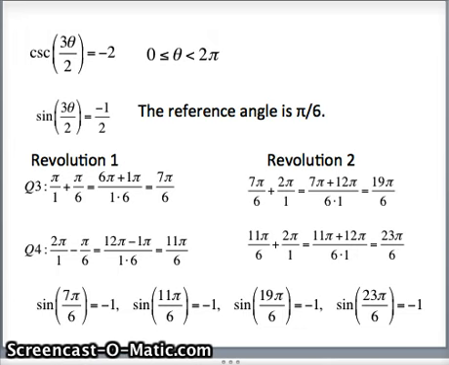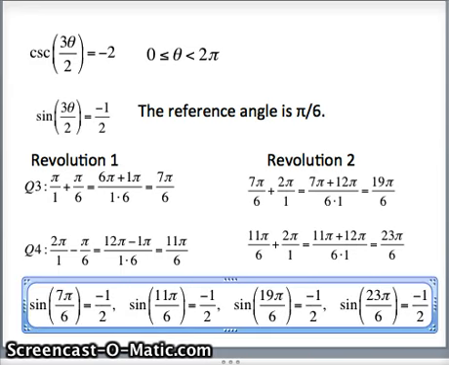So recognizing that we have those four angles whose sine equals negative 1/2, the question is sine of 3 theta over 2 equals negative 1/2. So let me go ahead and fix that. Looks like I have a typo there. So indeed that's fixed. So sine of 7 pi over 6 is negative 1/2, sine of 11 pi over 6 is negative 1/2, etc. But sine of 3 theta over 2 is negative 1/2, so I will need 3 theta